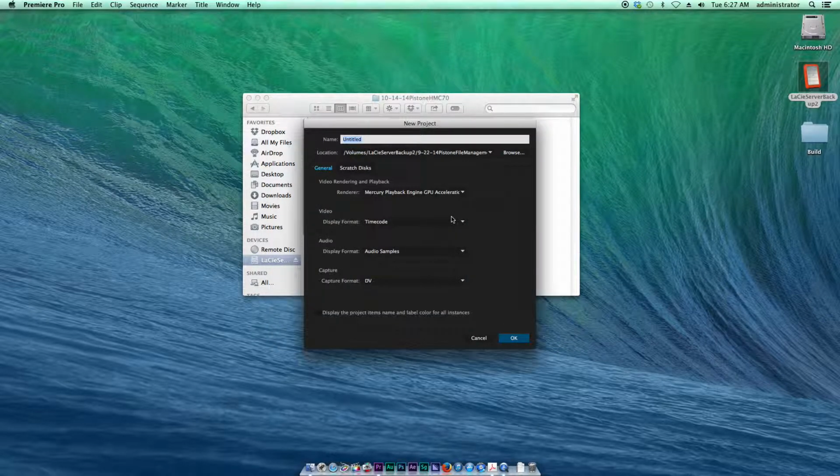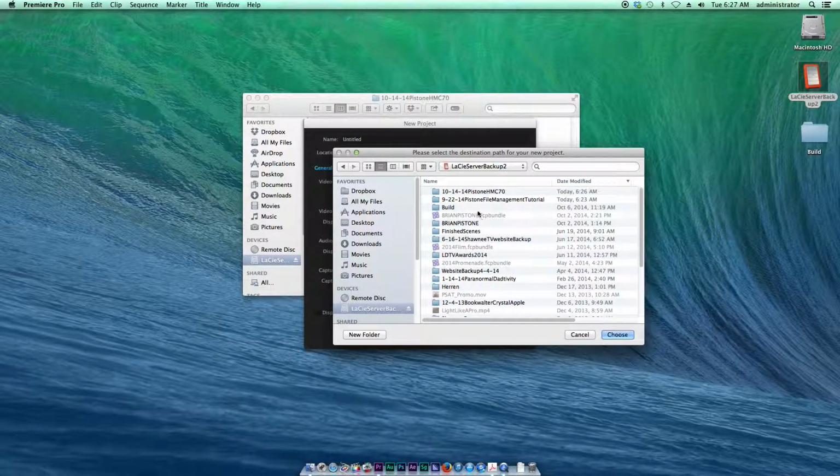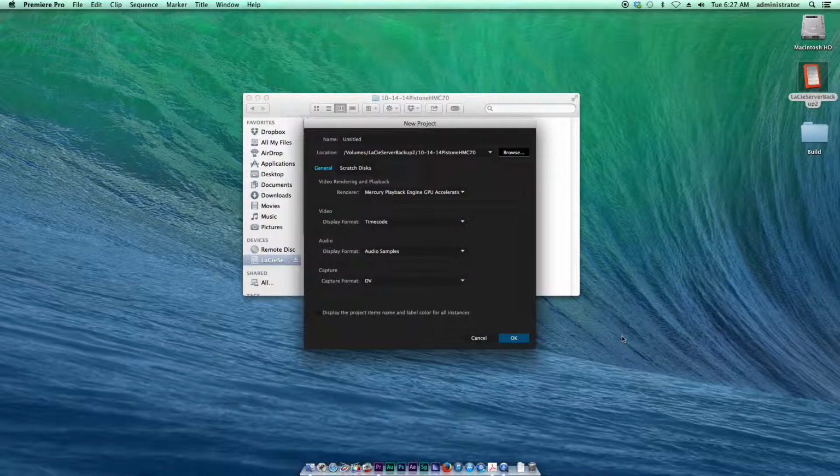So I'm going to make a new project. We're going to set our location, so I'm going to browse, and I'm going to go onto the LaCie drive, and I can actually put it right in this folder. So I'm going to choose, and I'm going to call the project the date,